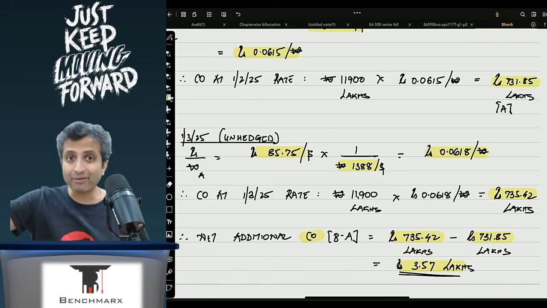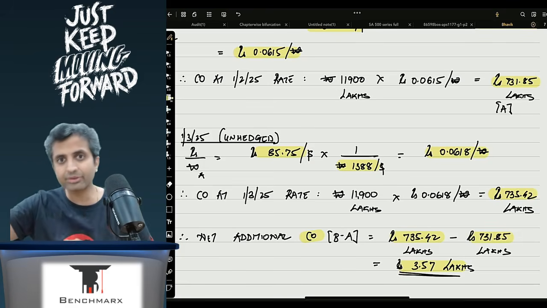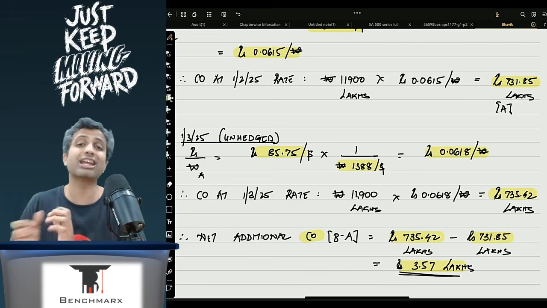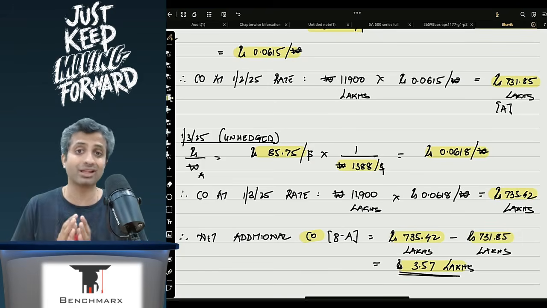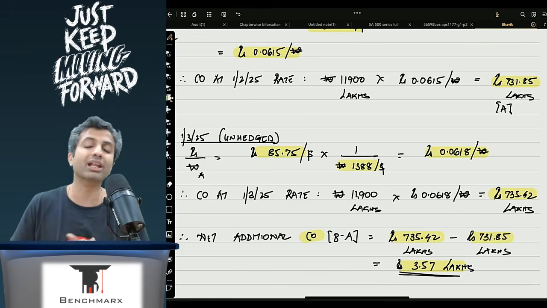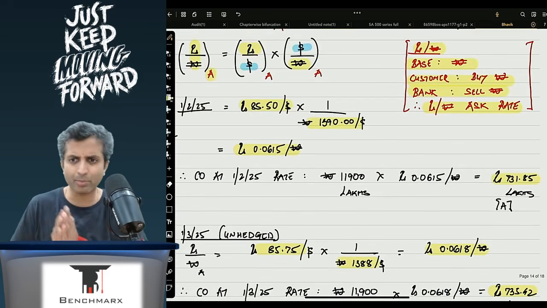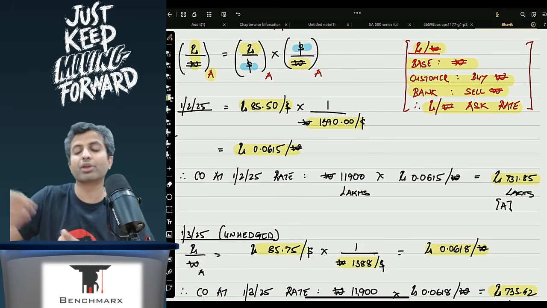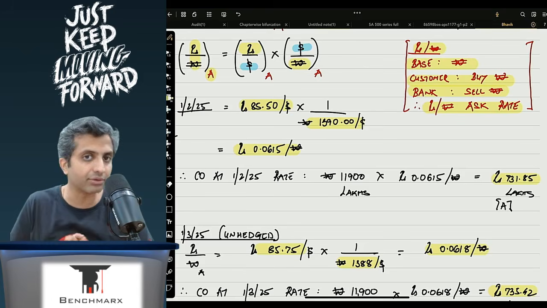And leg number 2, you have to pay to the South Korean company, and hence you will go to the spot market and do that deal, and hence both of them together will give you the combined effective cash flow on 1st March under the non-deliverable forward. That you can compare with the 731.85, which is the 1st February rate, to figure out how much is the effective gain or loss.